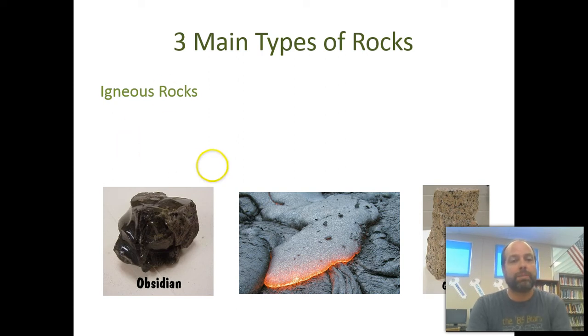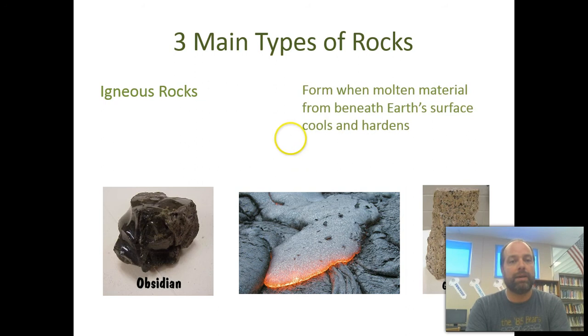And here we have three types of igneous rock. We have obsidian, sometimes it's called volcanic glass or black glass. The Aztecs, or Incas or Maya, one of those Mesoamerican peoples, used the obsidian for weapons. Here we have an example of obsidian right here. You can see it can be cut and made into arrowheads, things like that, knives. Some of the scalpels that doctors use are made of obsidian too,